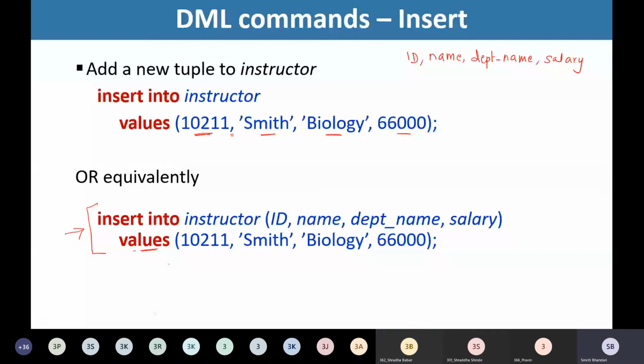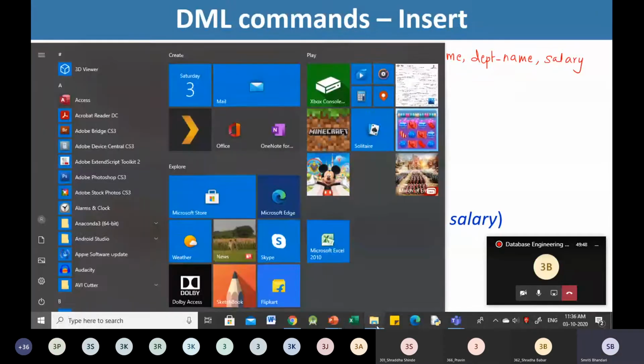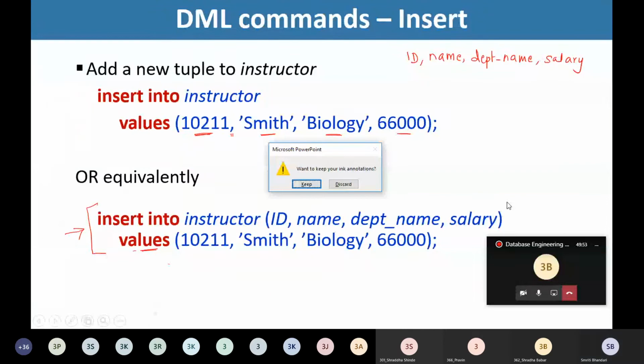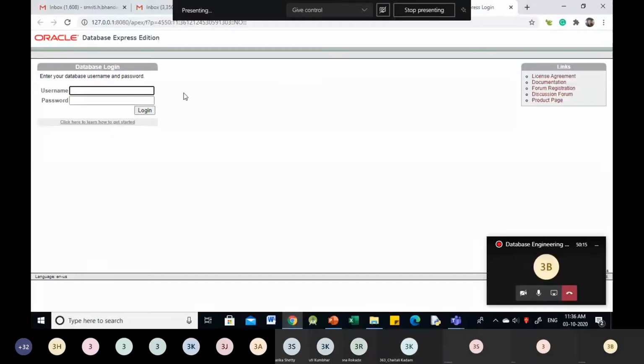So let me show you now practically how we are going to do that in Oracle. Is my screen visible?